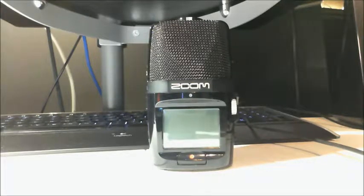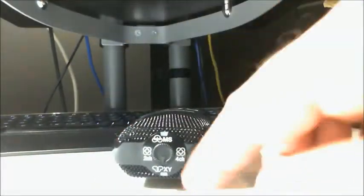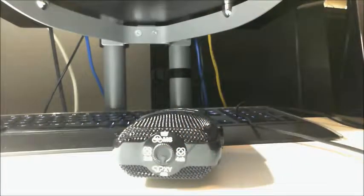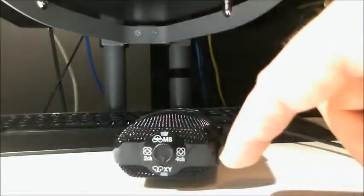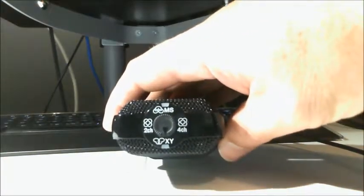It does have 5 internal microphones. Let me tilt this so you can kind of see it. It can be set here on top with this dial. You can either have it 4-channel or in stereo 2-channel, or you can have the 3 microphones in front, the 2 microphones in back. You can set it for